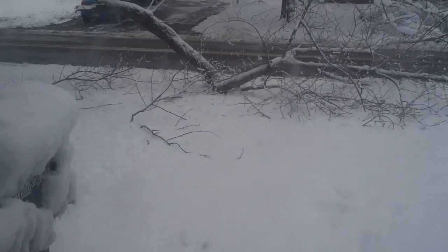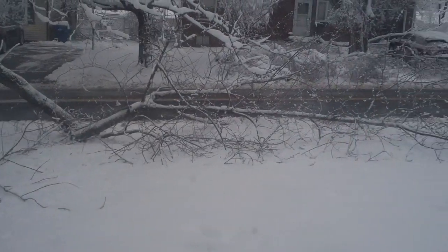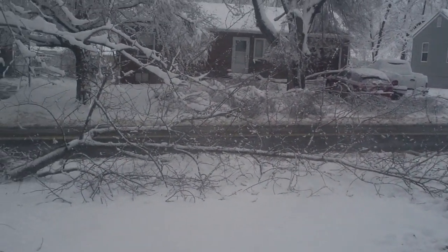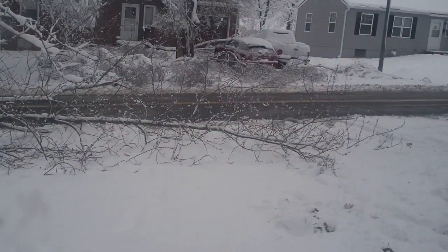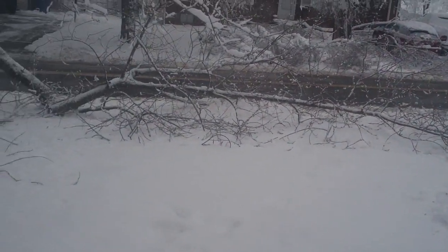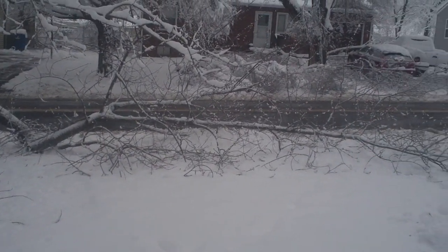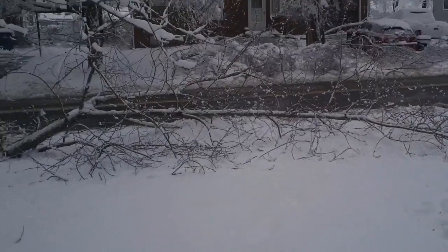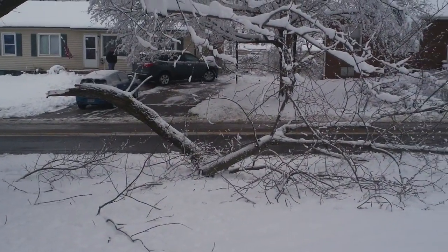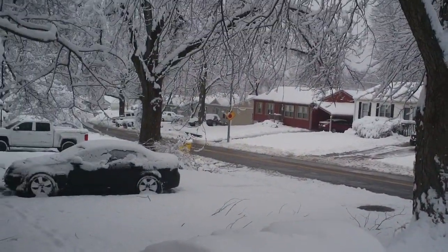Last night when I got home from work, this huge limb had fallen out of the tree. It's about a foot around at that end, and it's about 25 or 30 feet long. I called my landlord about it, and I trimmed back some of the branches so that it wouldn't be out in the road. But really, it's